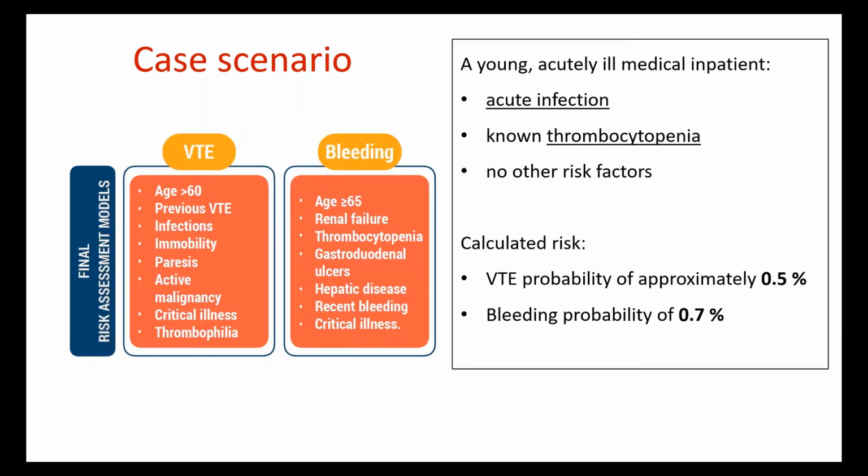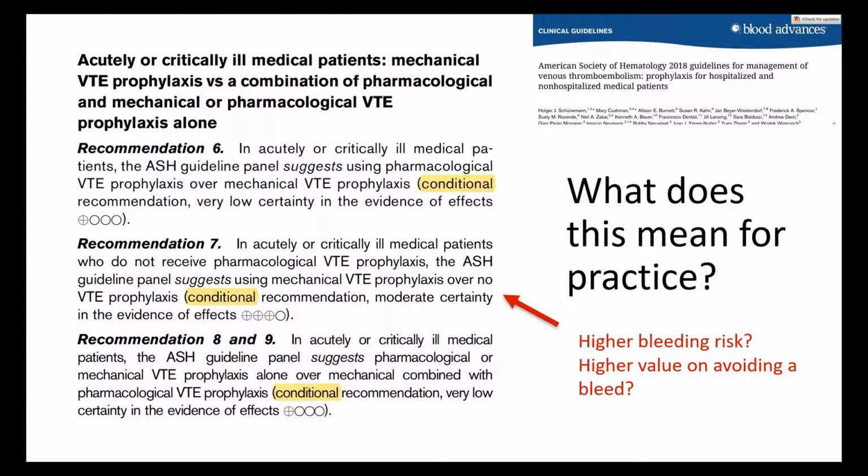If you click now, in a patient in whom the actual bleeding risk is deemed to be too high, or values indicate that the patient should not be prophylaxed, the alternative recommendation described here under recommendation 7, the alternative to pharmacological prophylaxis, might be appropriate. So not applying recommendation 6 because of an elevated bleeding risk would lead you to use probably recommendation 7, and that is that one would use mechanical prophylaxis as an alternative to pharmacological prophylaxis.